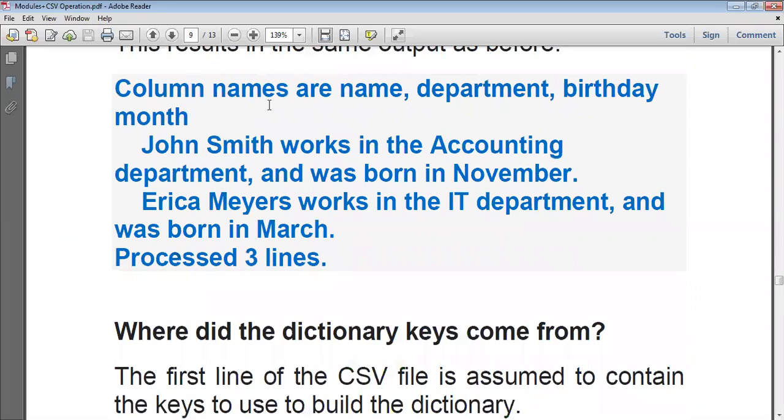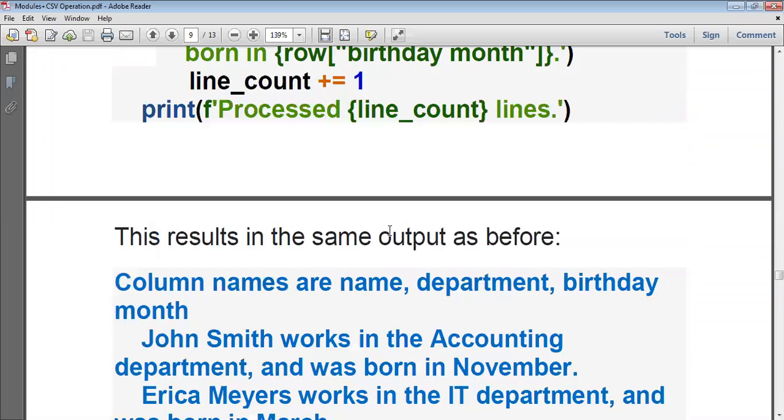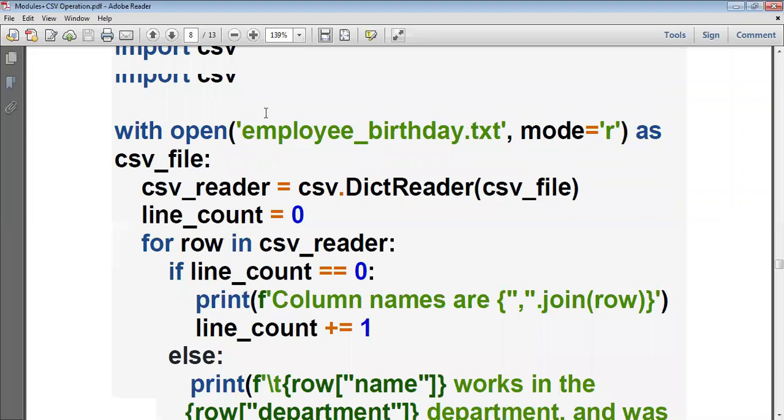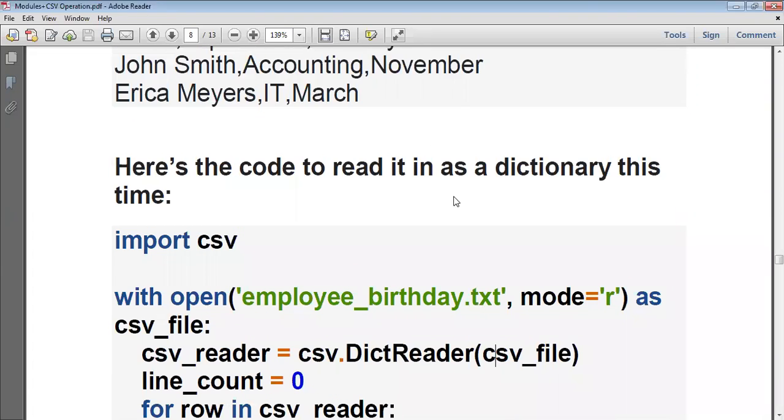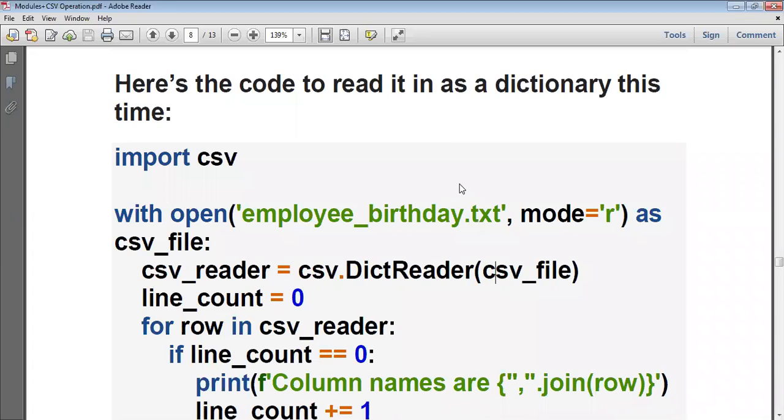So this also gives the same output. First I have printed the column names. Then I have printed the text data as it is, and I have printed how many lines are in the CSV file. So what is the difference between the previous example and this one? In the previous example we just read the entire content, took each and every row, and displayed the content as it is.